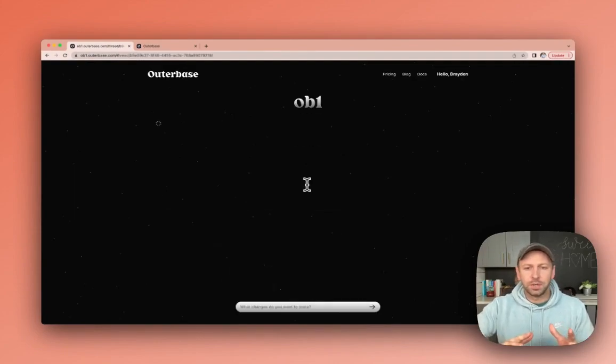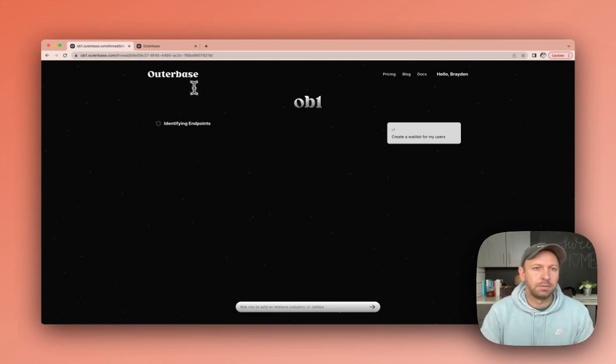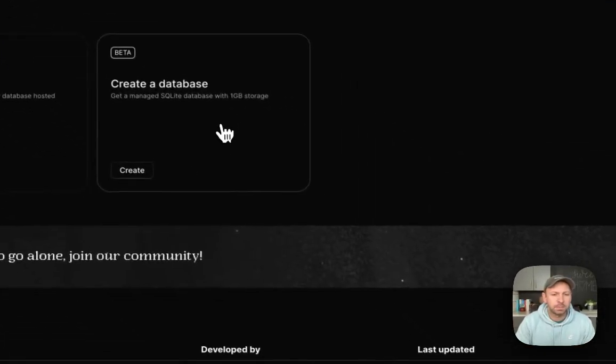And what this is going to do is it's going to start prompting, asking for what endpoints need to exist, what database schema needs to be created, and then ultimately what API endpoints need to be made available for this application to work. While this is working, we're going to go over to Outerbase and we're going to create